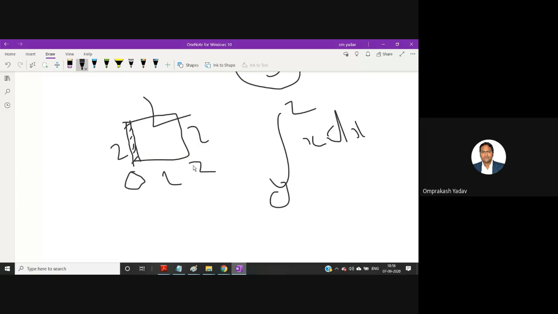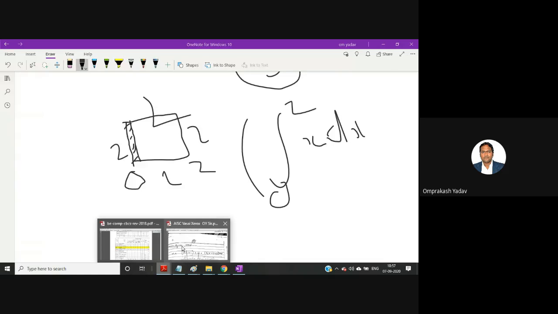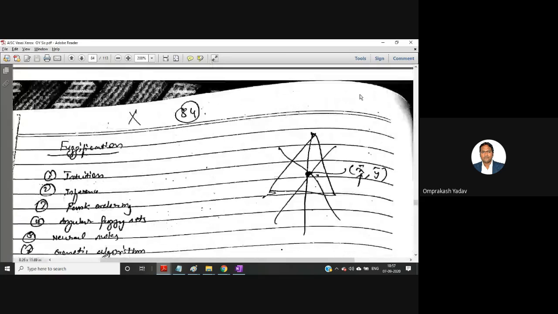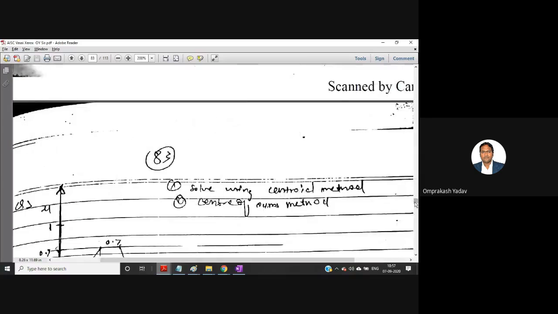That means from this limit to this limit, we can take a small part, and we can just simply integrate over this limit, and we'll be able to calculate the area of this entire square. So this is the idea why we use the integration. By just considering the small part, we will be able to calculate the area for the entire figure. So if you see in the formula, it's area, because it's integration, because we want to calculate the area for all the shape.